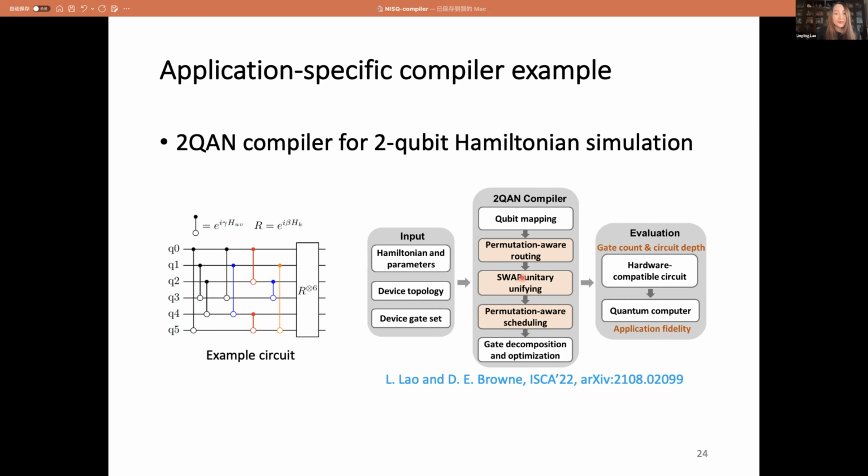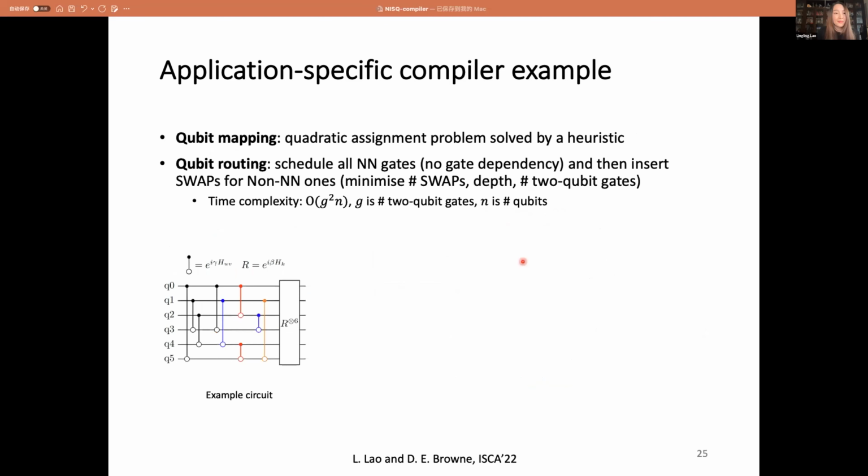And the Toucan compiler consists of some general compilation passes and also some application-specific passes. In particular, the qubit mapping pass is not application-specific, so we could use the initial mapping algorithms from the general-purpose compilers. And the qubit routing procedure is application-specific.